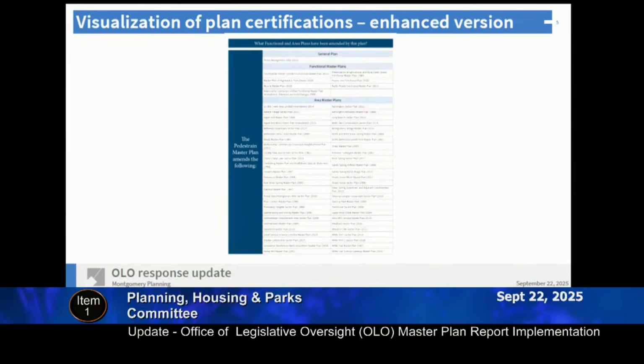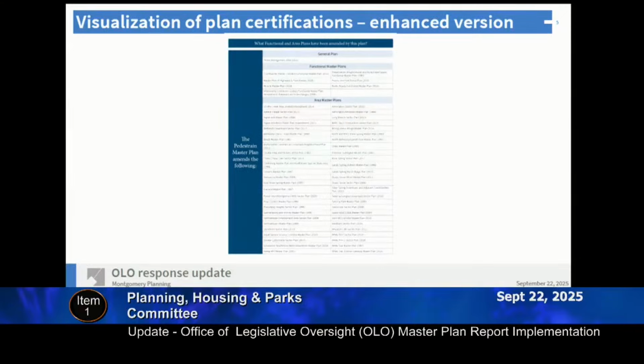This is, and I know on this screen it's a little hard to see, a new way to present that information. So this table format allows us to show which plans are being amended by type and is scalable for the smaller area plans as well as the county-wide functional plans.